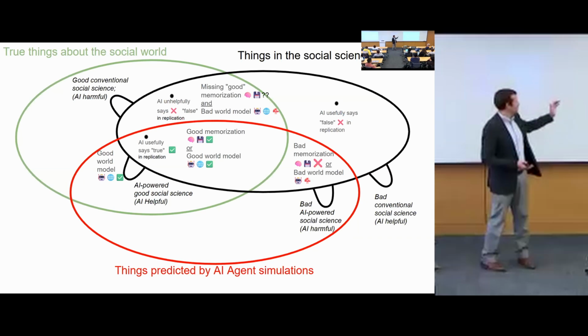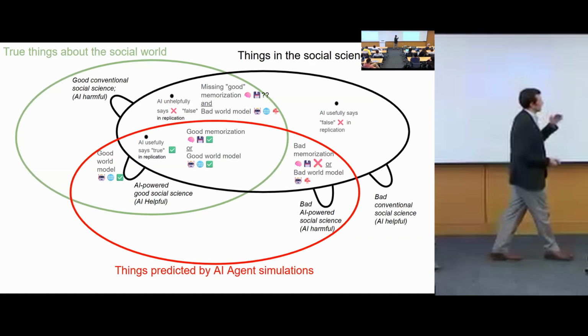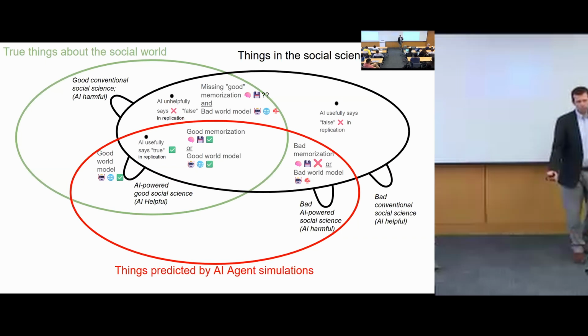And then this is where it's getting crazy. These little humps are supposed to be us doing research, where we're pushing out the boundaries of what we think we know, and different regions have different things. So this is bad, right? We expand the space of things that are in the literature that are not true. But here, AI is our friend because it would say, no, that doesn't show up in simulation, and it's right. This would be a place where it would steer you in the right direction.